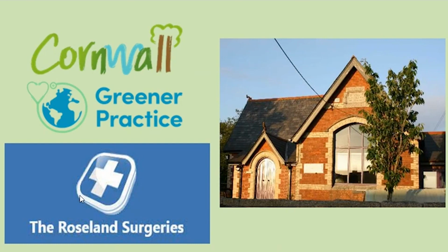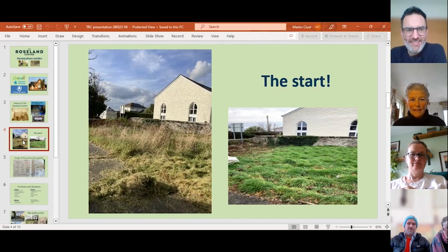A great opportunity for the community and for the patients within the community to develop some sort of community garden. The grounds, after 6 years of neglect, were very overgrown with couch grass, which is very nasty, brambles, nettles, and it was covered in the debris from the 2 dead trees by the gate. We trimmed it and began taming it down with clippers till the brambles and things were reduced to about 6